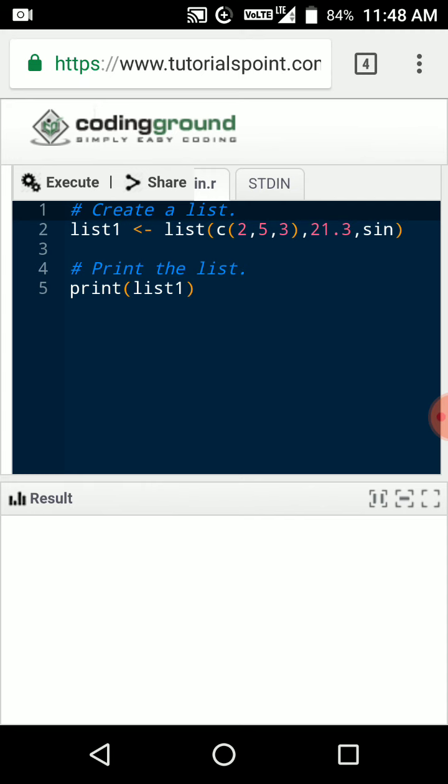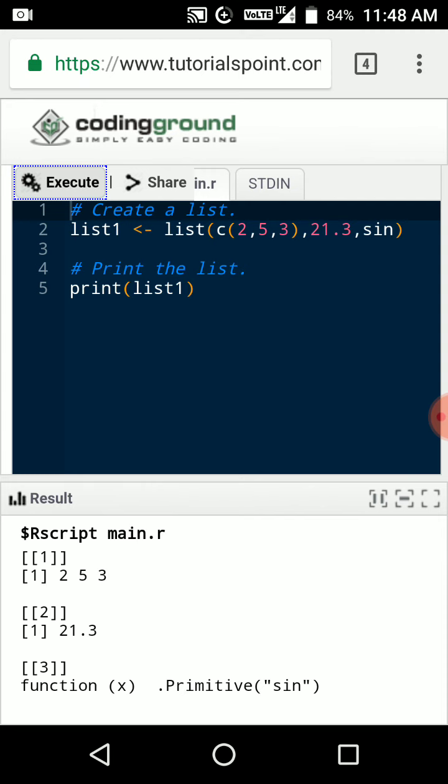While coming to the list execution, we are creating list1, and within the list we have a C function, 21.3, and some sign data. After executing this list with the help of the print statement, the first row, first column shows 2, 5, 3, which is the C function 2, 5, 3.